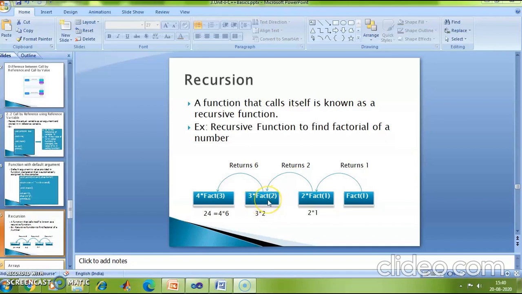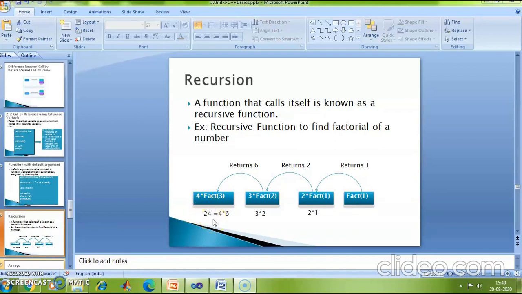So 3 into 2 is 6. Correct? So fact of 3 is now returning 6 to the calling function. Who is the calling function here? Fact of 4. Right? So this 6 is multiplied with 4 to get you the answer 24.